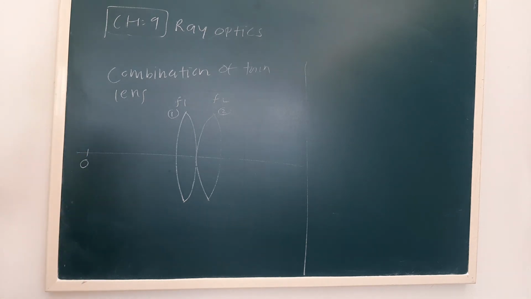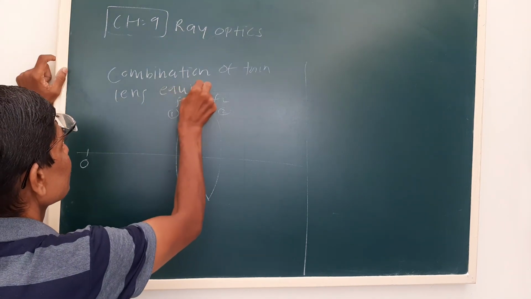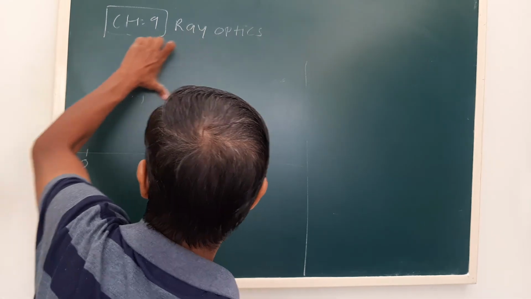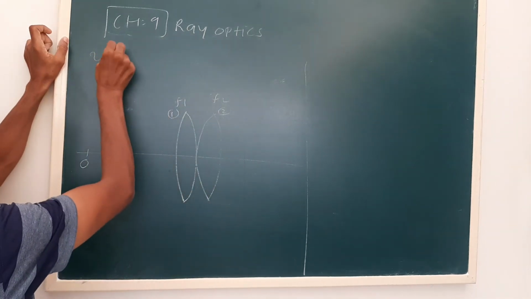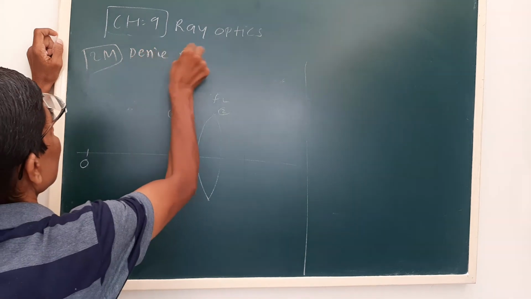Now we have to derive the equation of equivalent focal length. So this can be asked as a 2-mark question: derive the equation of equivalent focal length